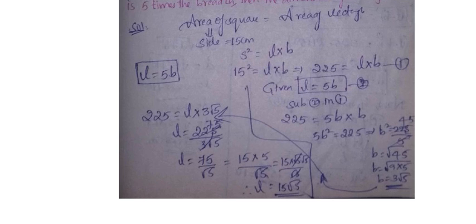But they are asking us the value of L also. If you substitute this value of b in the first equation, can't we get L? Yes. Here b is 3 root 5. The first equation is 225 equals L into B. Now substitute these values. We will get the L value. That is L equals 225 divided by 3 root 5. If you do the cancellation, you will get the answer as length equals 15 root 5. So finally, what is our answer? Length is 15 root 5 and breadth is 3 root 5.